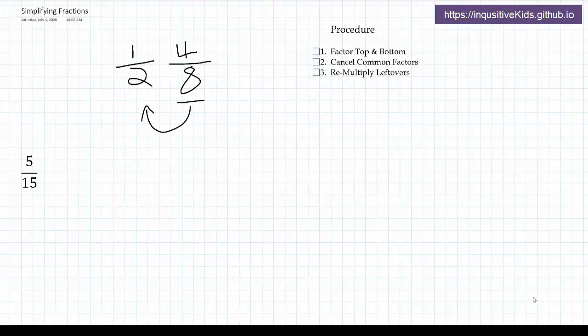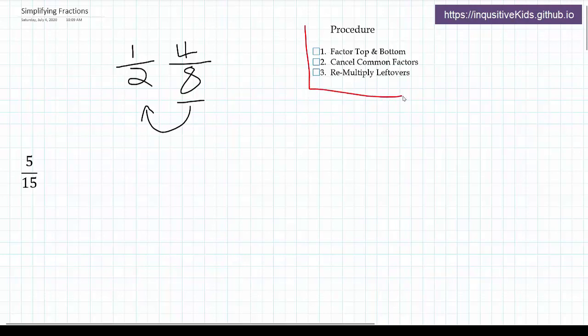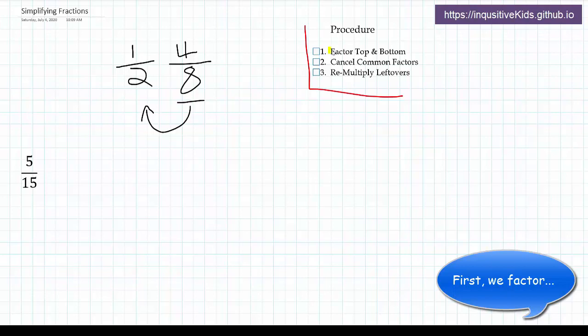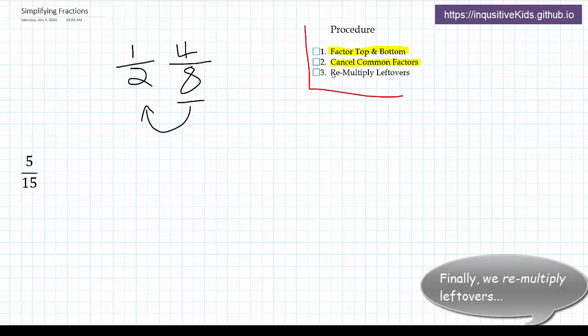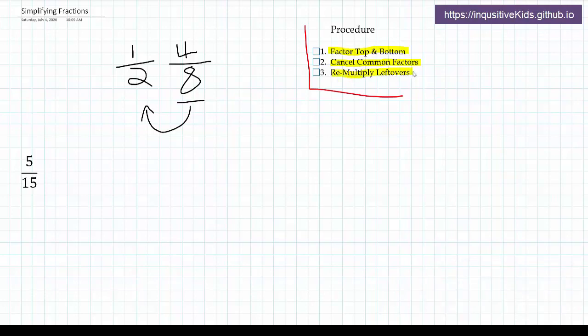Now, to help you understand better, let's look at the simplifying fractions procedure. First, we factor the top and bottom numbers. Then, we cancel common factors. Finally, we re-multiply leftovers. To know more of what this means, let's try to simplify the fraction that we had earlier,